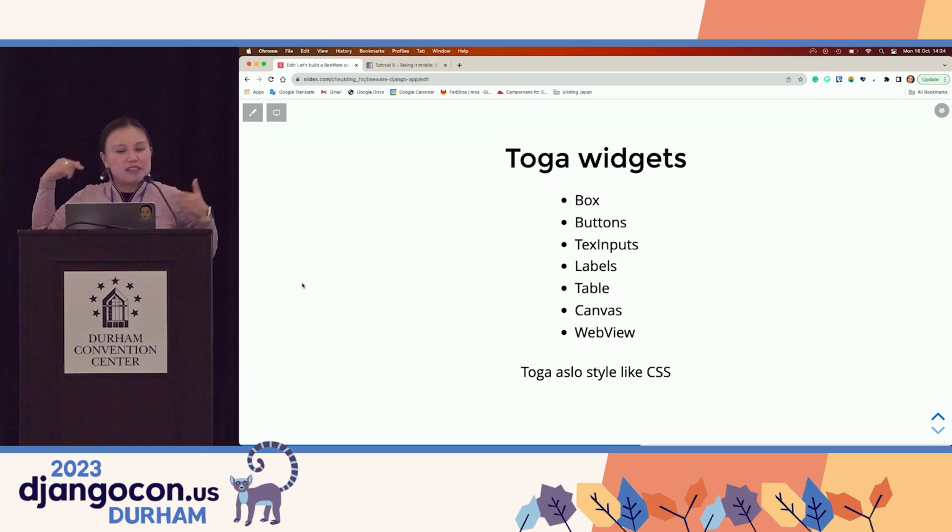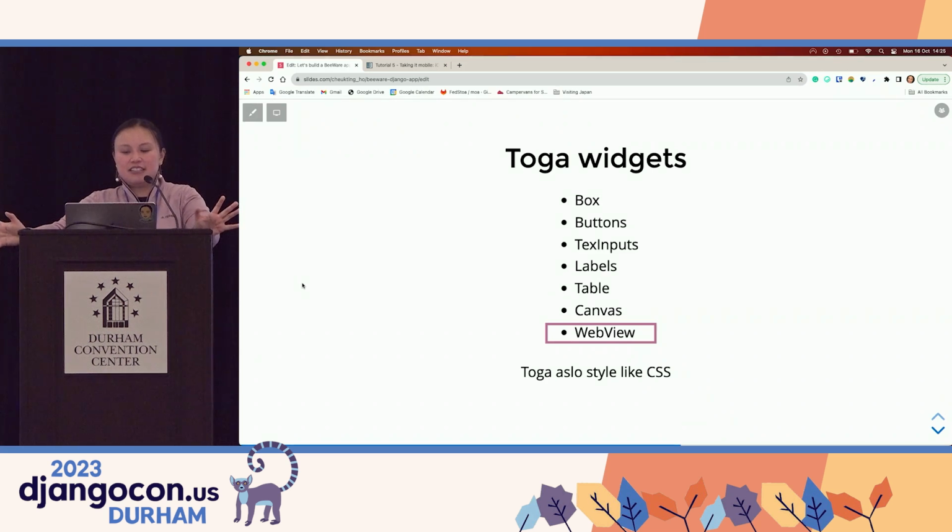We have seen the box, the buttons, the text input, the labels. So these are all the elements that you can add in your app. You can arrange them by using rows and columns. Also, Toga styles like CSS. So if you are familiar with web development, you have played along with CSS, you won't have problem with that. But what is very important today in this talk is the WebView,